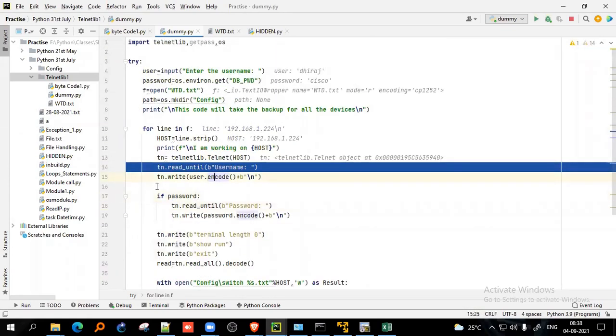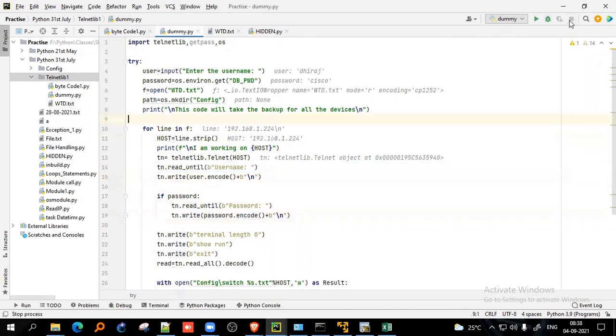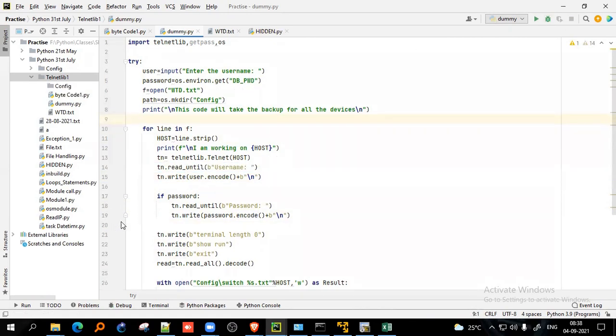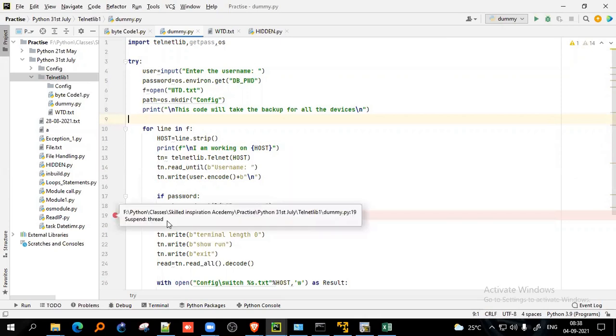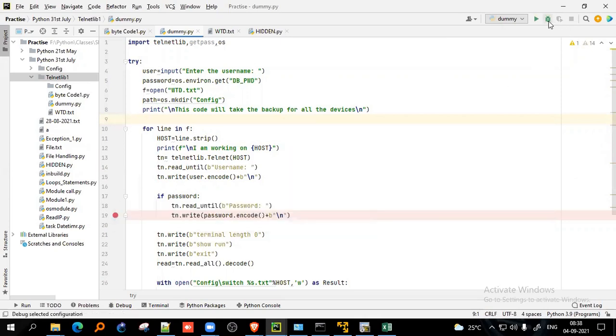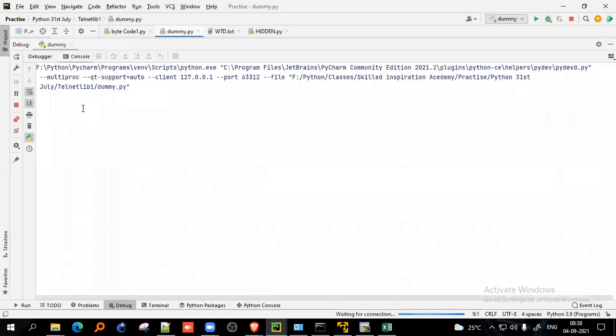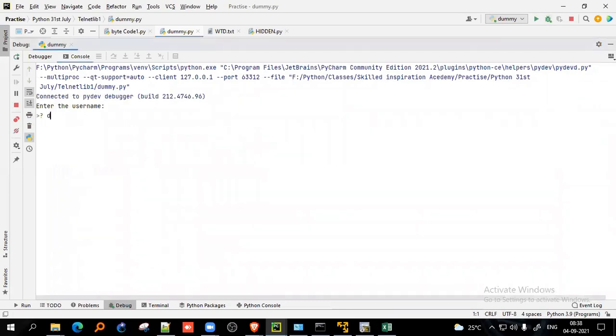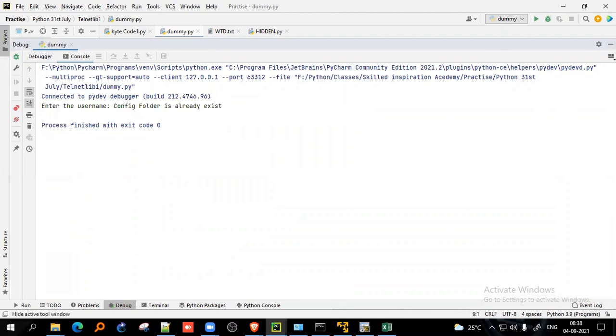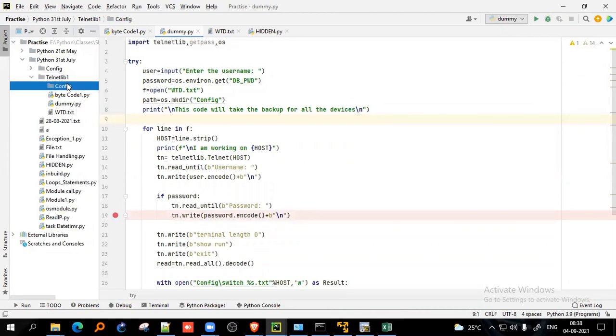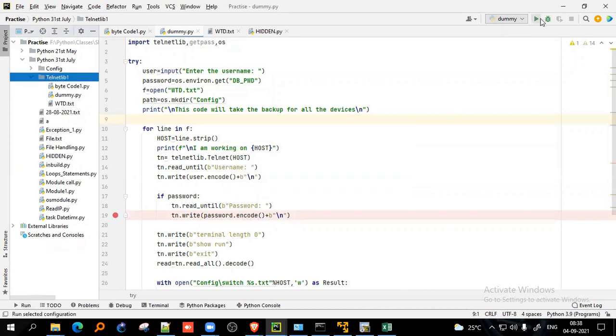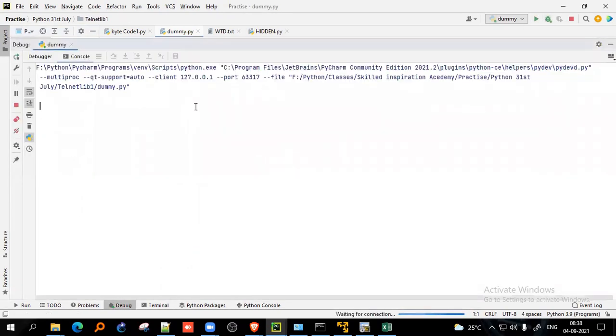Okay, until this point we have put the breakpoint. Now let's check until this point. Let's put a breakpoint over here. Let me stop that, and let's put a breakpoint over this line. Right. So until this, our code will run. So let's see what is the issue. Dheeraj folder already exists, it is showing. So let's delete that folder first. Let's debug it.